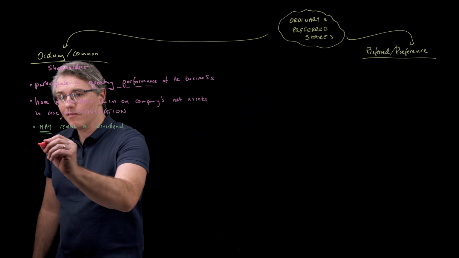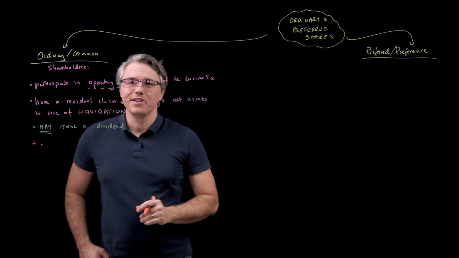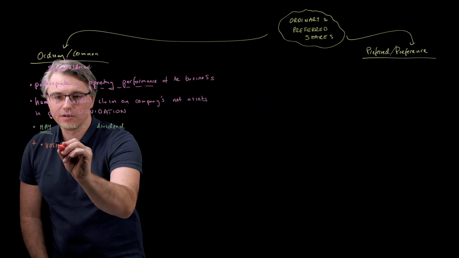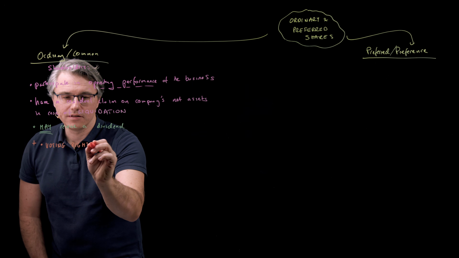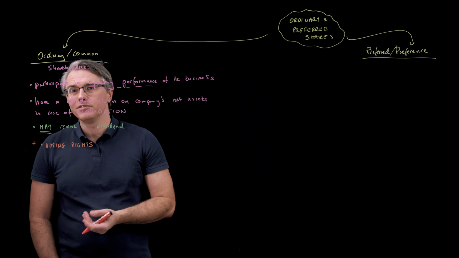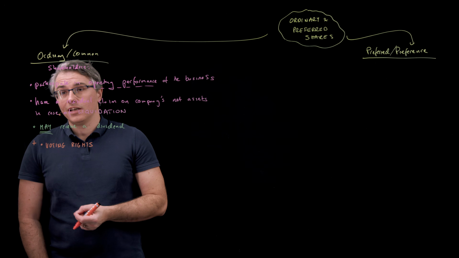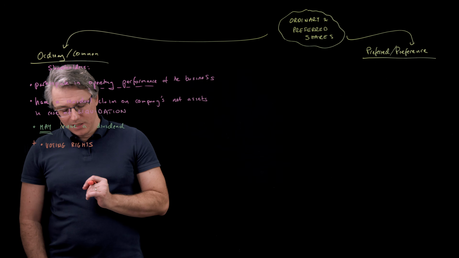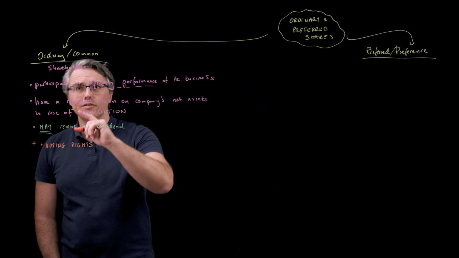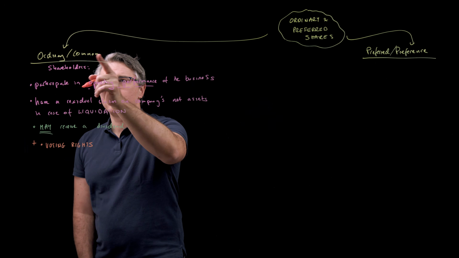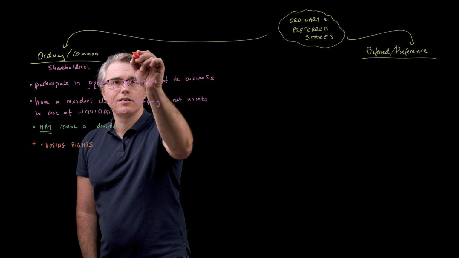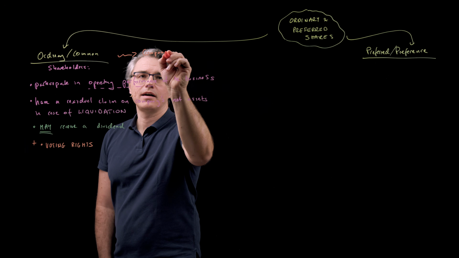Now, one additional point, and a very important one, by no means a minor point, is that ordinary shareholders have the right to vote. So they enjoy voting rights. Although in reality, how many voting rights they have, and whether they have such voting rights at all, will sometimes be determined by what class of ordinary shares they hold. So even though I said over here ordinary common shareholders, treating this as one category, let me write to the side that companies may in fact